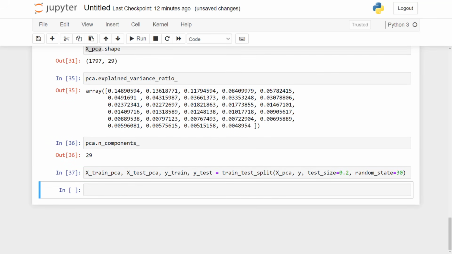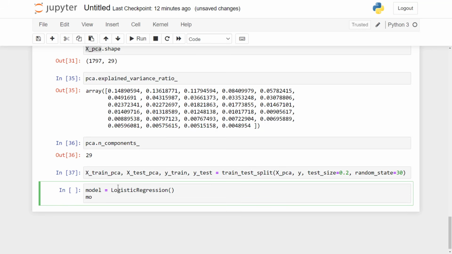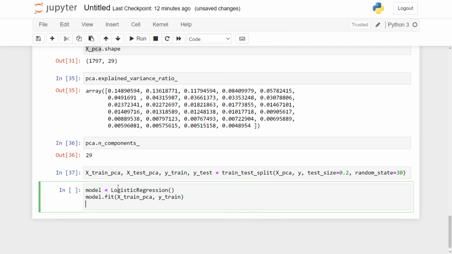And I'm going to use again logistic regression, sorry. This time I will fit on PCA and then model dot score